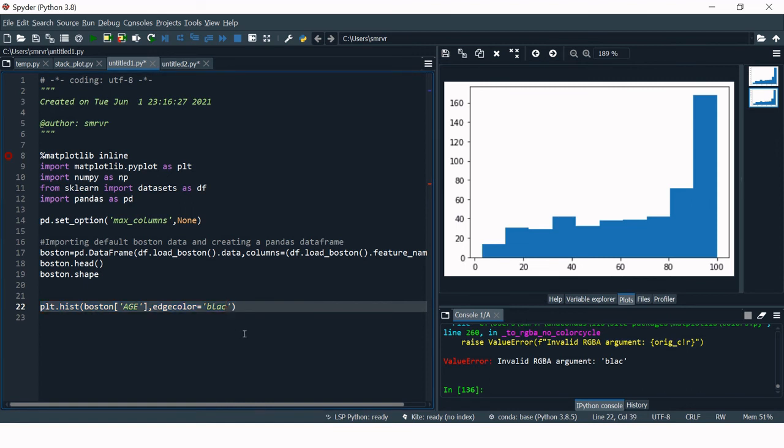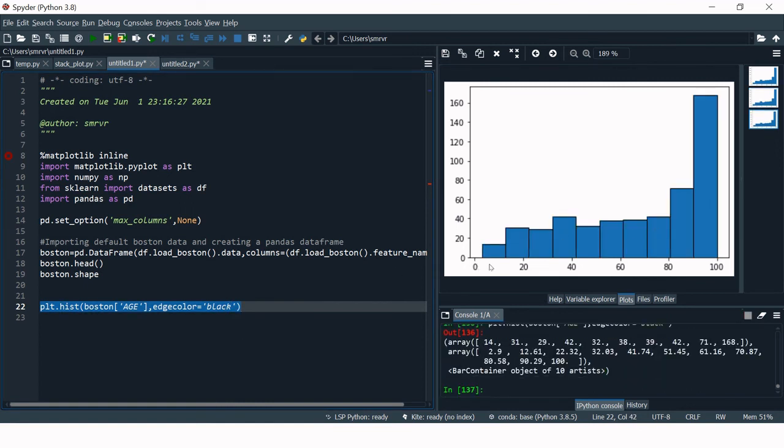Oops, the spelling was incorrect. Here we go. Now you can clearly differentiate each of the bars in this chart. Between 40 to 60 years, we have somewhere 35 plus 40, so around 75 people. So this is how you can use a histogram to read the frequency or see the distribution.